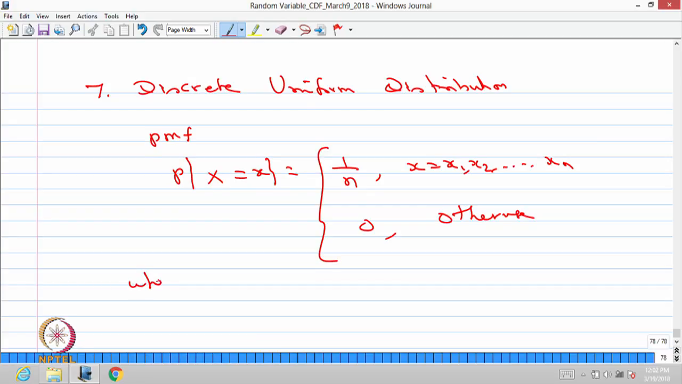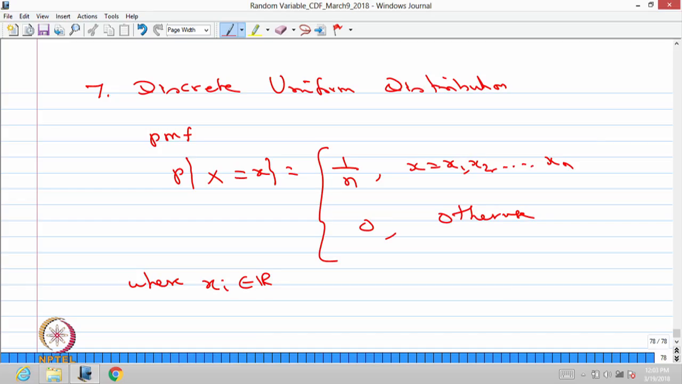Here the xi's are the real numbers. So, it can be any n points. The probability mass function at those n points is same, which is same as 1 divided by n, and all other points the probability mass function is 0. Such a discrete type random variable is called a discrete uniform distribution. Why the word uniform? Because the probability mass function is the same for all such n points. So, all such n points have to be distinct, all should be different,